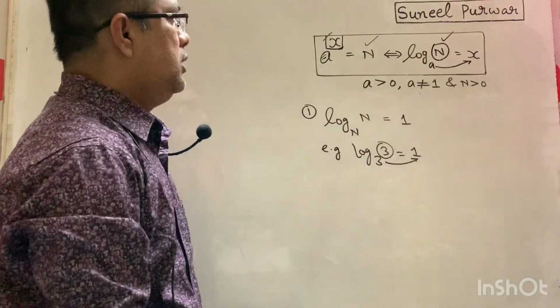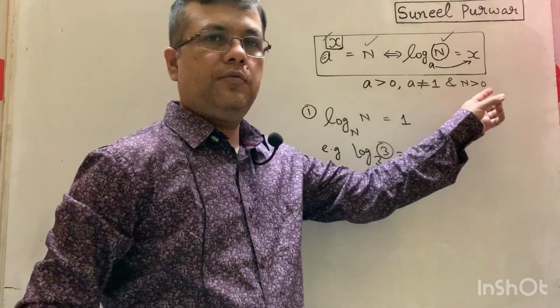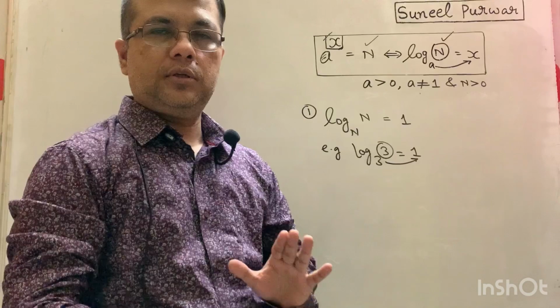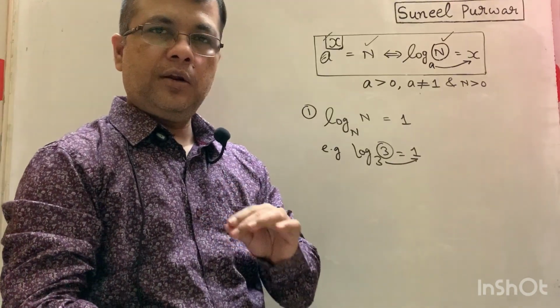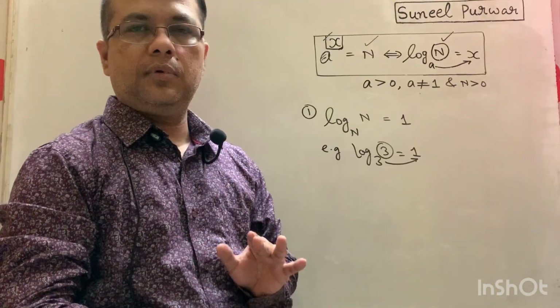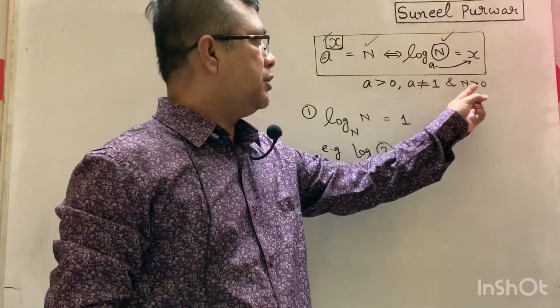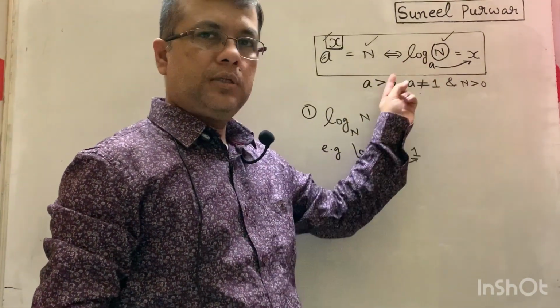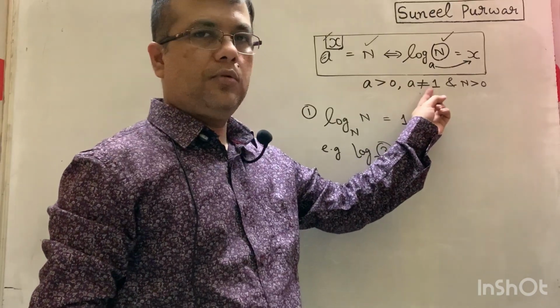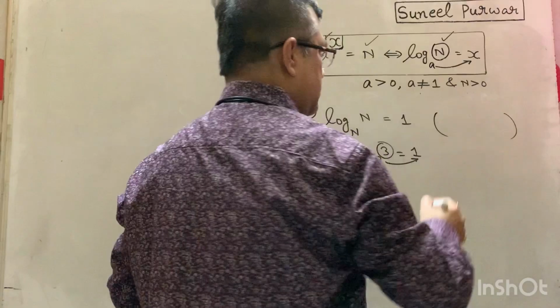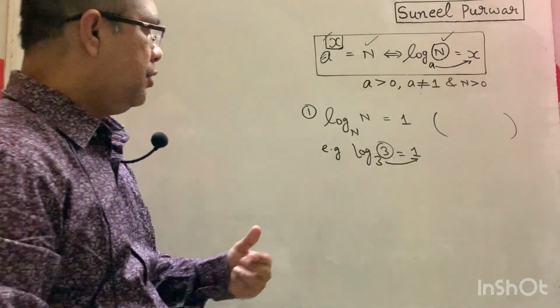Now, these 3 conditions of logarithms which I have told you, I will not repeat again and again. They must be kept in mind whenever we talk about any logarithm anytime. That the number whose log we are finding has to be positive, the base must be positive, and the base must not be equal to 1. So just in the beginning I am reminding you once again.